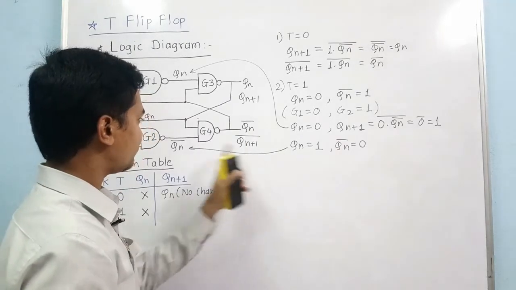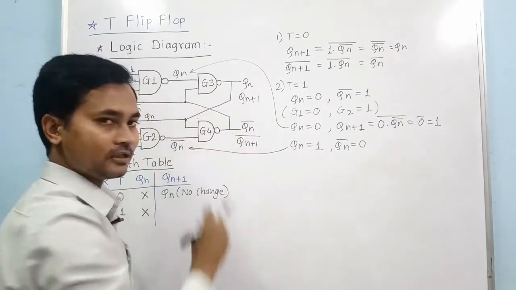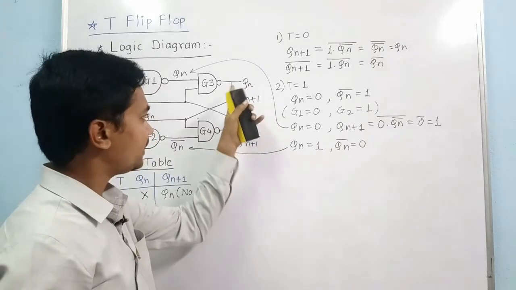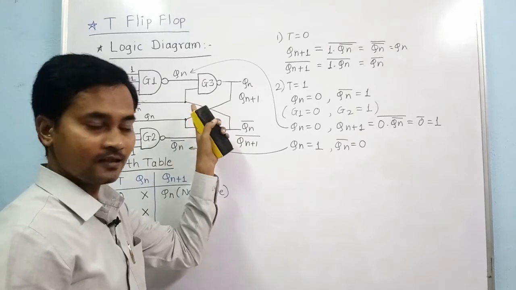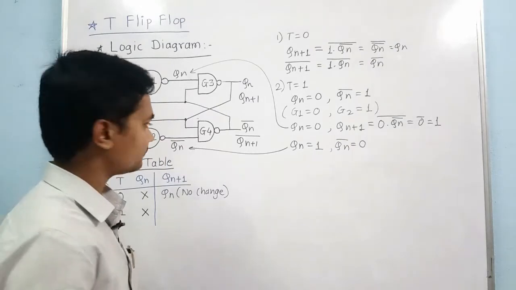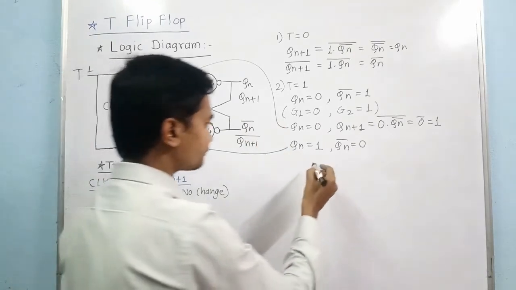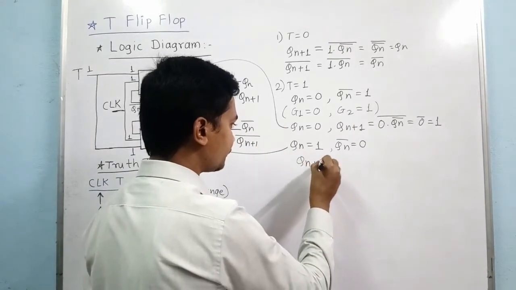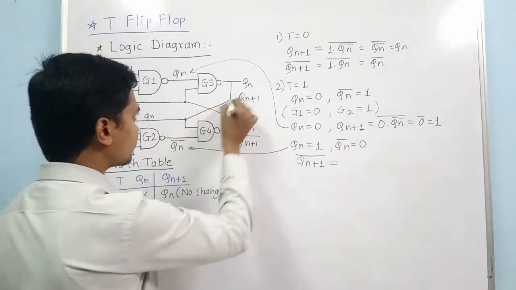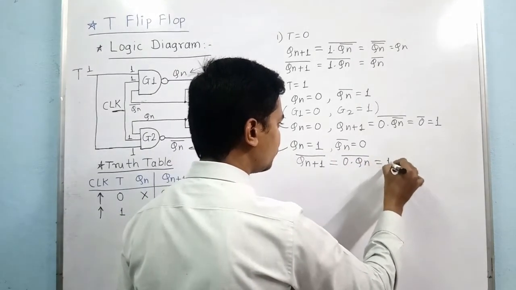Okay, if the input is 1, if this case is considered for this first path, then you cannot say that the output will be 1 or 0, because the output is dependent on the other input. So that's why consider this path for Qn bar equal to 0. Okay, directly we can write there. So Qn bar equal to 0, then we can write the equation for Qn plus 1 whole bar. So Qn plus 1 whole bar is equal to what? 0 dot Qn. 0 dot Qn whole bar is equal to 1.